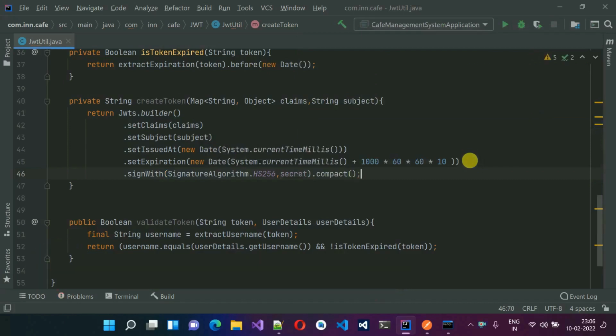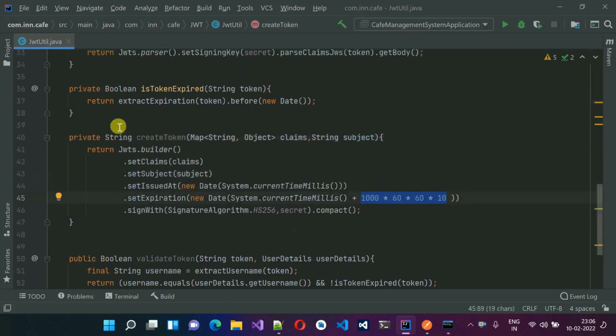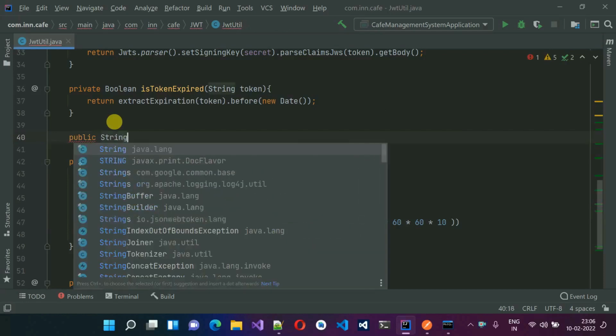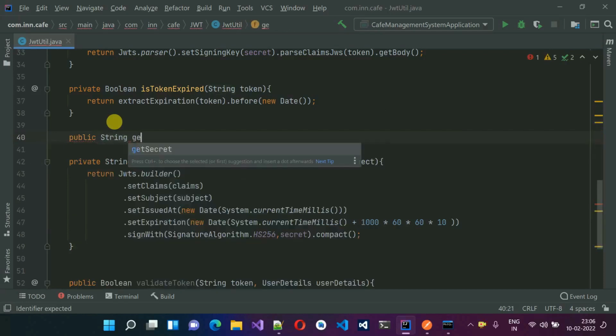So now our token will be generated with the help of this, and inside this one we have to simply pass the claims and the subject, but here we don't have written any method to do so. Okay, so you can change this time as you already understand this. So I'm going to write one more method which is going to pass the values inside this one. So public, and this will return a string, and generate